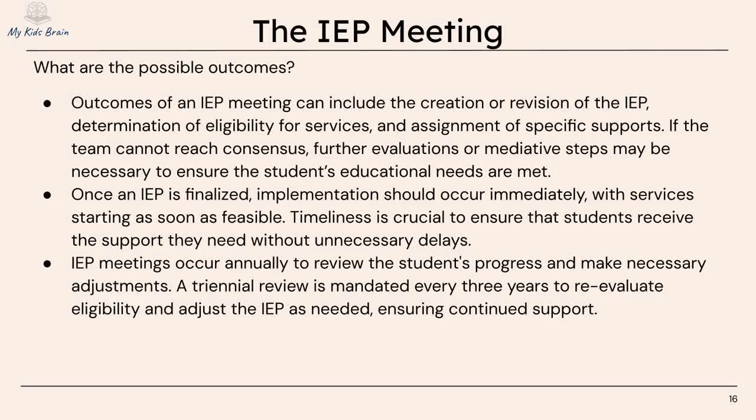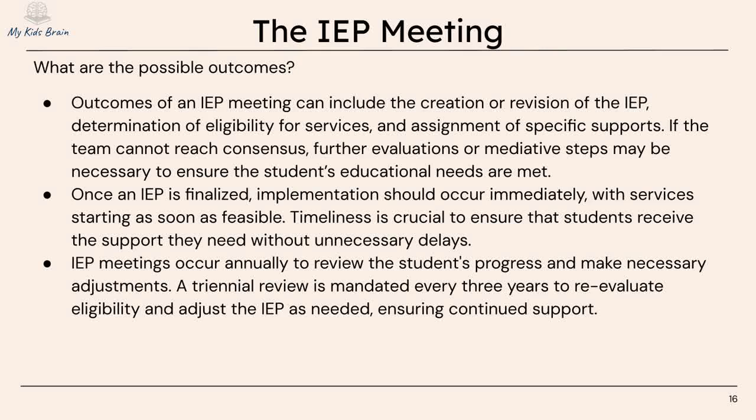Well, the most important outcome is whether the student meets or does not meet eligibility for special education services for an IEP. If the student does meet eligibility, this is where not only goals are agreed upon by the team, but also the type and amount of services and supports a student receives, and in what setting. Although there may be recommendations by specific stakeholders or professionals for these areas, it is ultimately a team decision, which includes the parent or guardian.